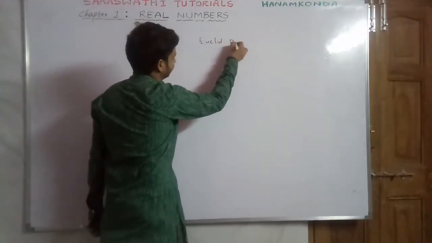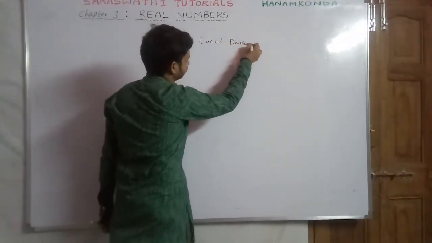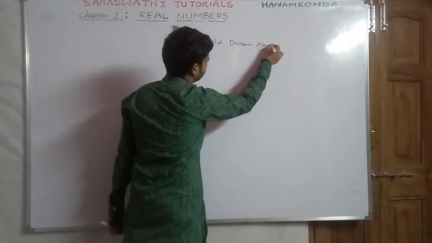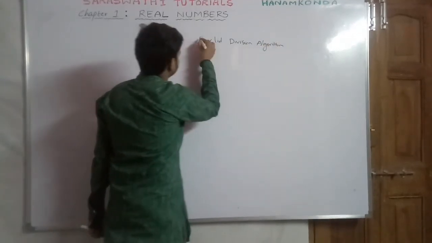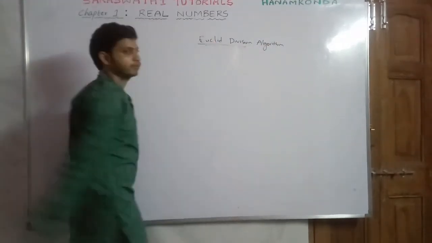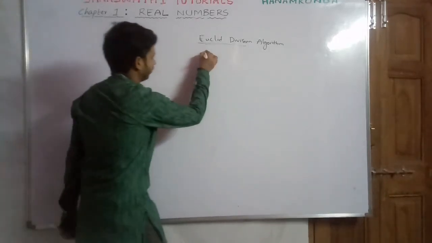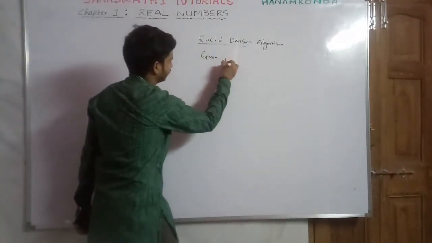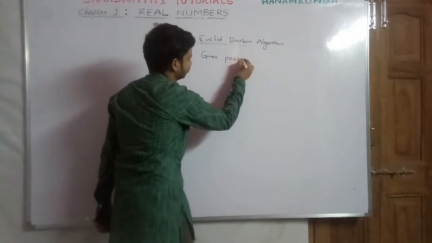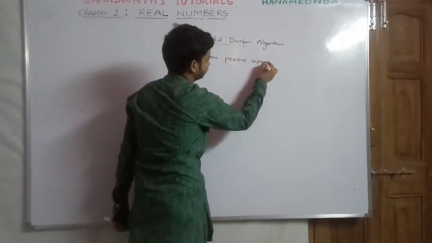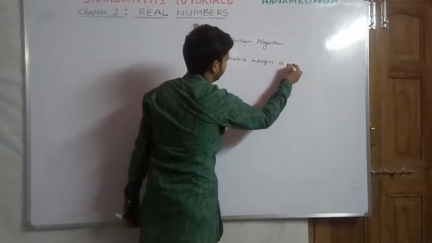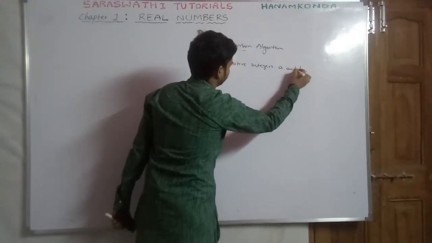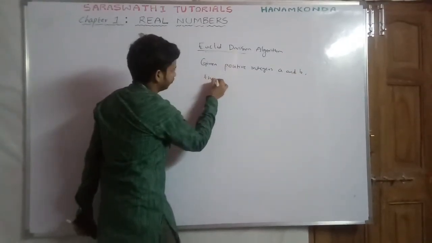Euclid division algorithm. Okay, the Euclid division algorithm or Euclid division lemma. So here the statement is: given positive integers a and b, there exists a unique pair of integers